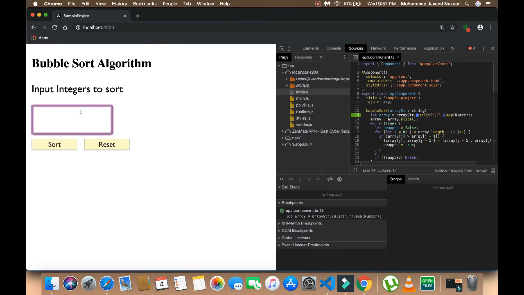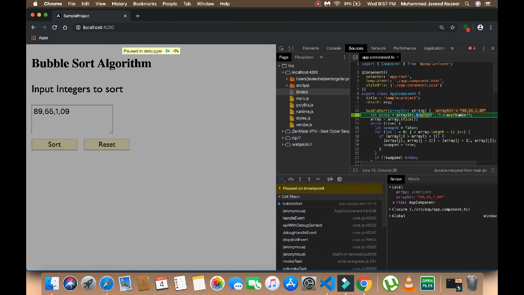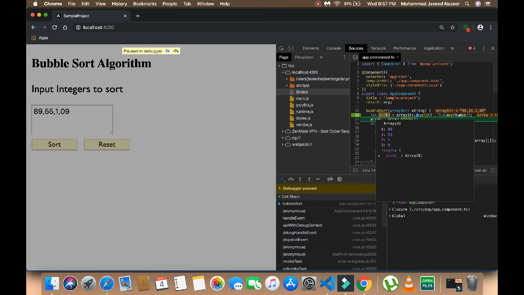I will give values here. Let me click again. See, here again I am getting a string array. I'm just pressing F10 here. If you see here, each and every value is separated using this split, and everything is converted to an integer, right?